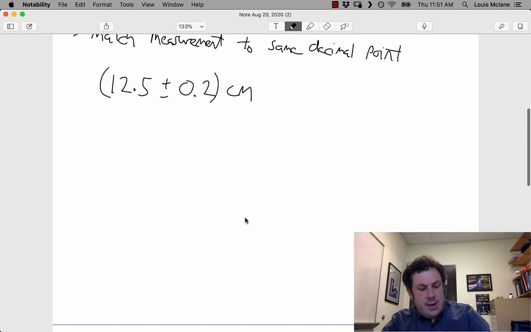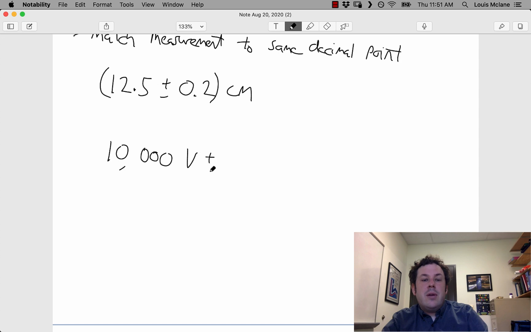There's another case here. I'll just give you an example of how to do this with exponents. So let's say you had a value that was 10,000 volts, let's just say, plus or minus 5,000 volts. The question is, how do you report that? So these numbers are a little unwieldy because of the fact that they have these many orders of magnitude. So what you want to do here is actually, you would just report this as 1 plus or minus 0.5,